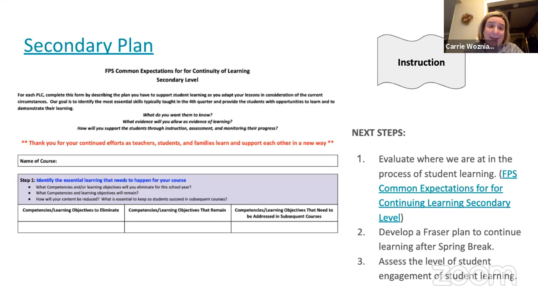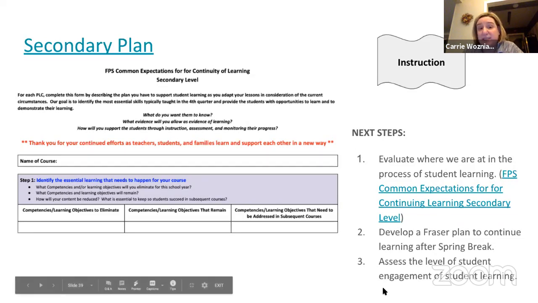So like math can meet Mondays from 8 to 10, and then they just don't do any webinars at those times. We have a big Google spreadsheet where they keep track of when the different PLCs meet and when they meet with kids so things don't overlap. So this was a really important tool at the secondary level. And then they put this into Blackboard.